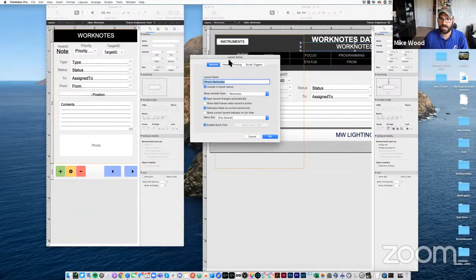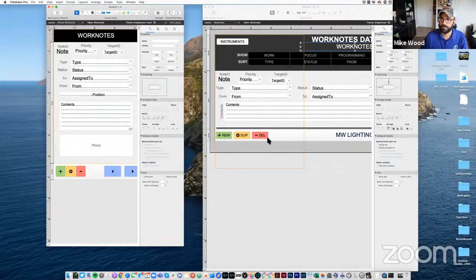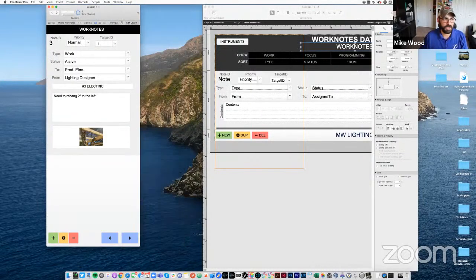Once I've chosen Layout Setup, I can go to my Views tab, and you notice right here, only Form View is currently available. So great, I'm going to enable List View as well. I'm not going to enable Table View because there's no reason. You can also choose a default. Wonderful. So I'm going to click OK. I'm going to commit those changes. And now when I go back over to my phone,